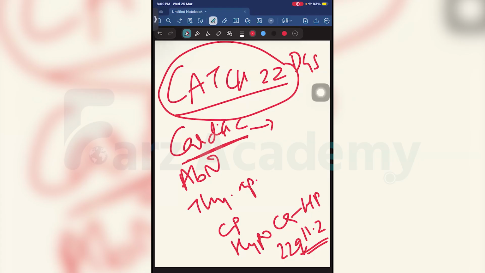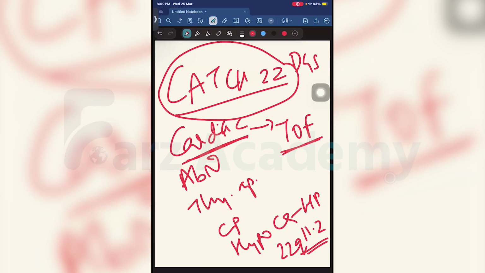And for DiGeorge, when I tell you, they are highly associated with TOF. This is why I told you the patient has RVH, a harsh systolic murmur, which is basically a tricuspid murmur, because it was at your lower left sternal border. It was an RVH, it was a VSD, it was a boot-shaped heart. So this is probably telling you the patient has TOF.